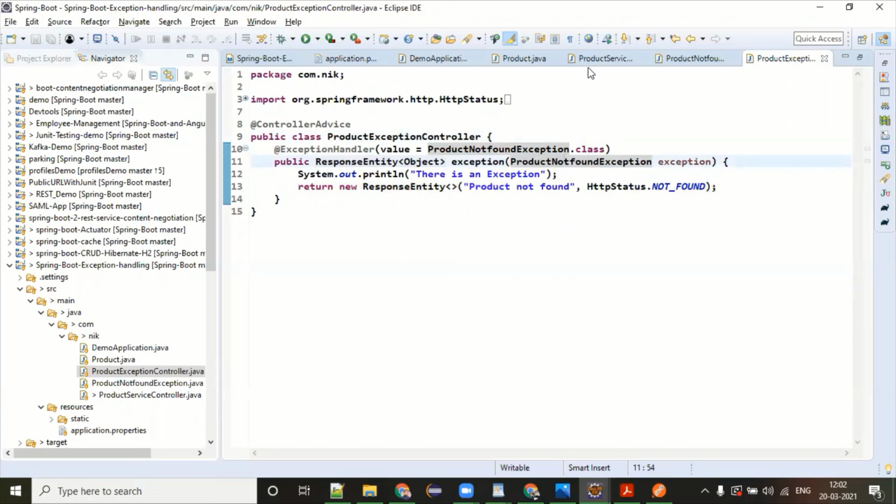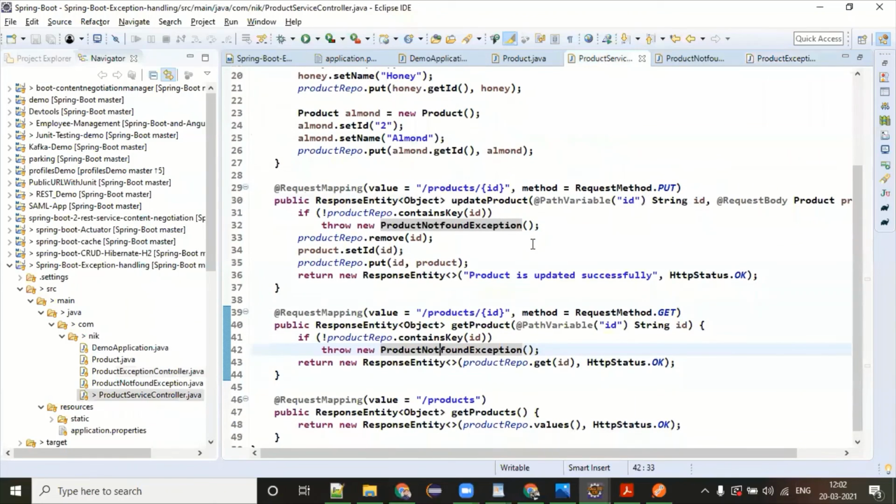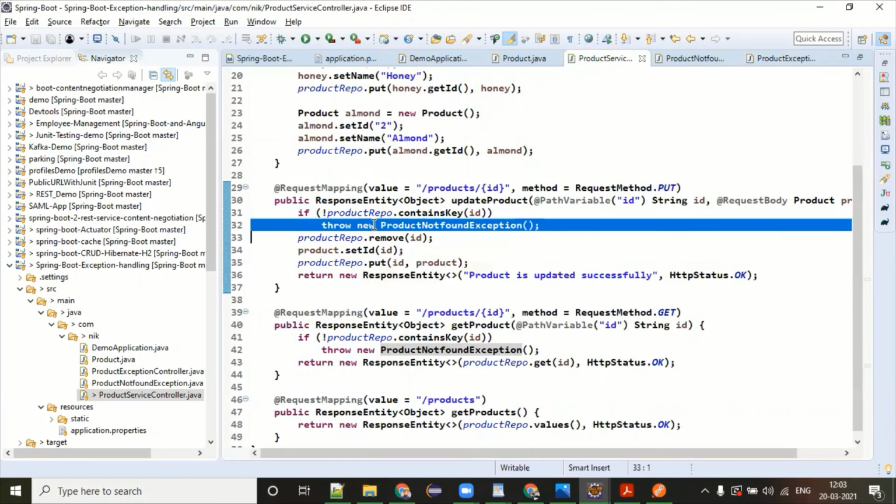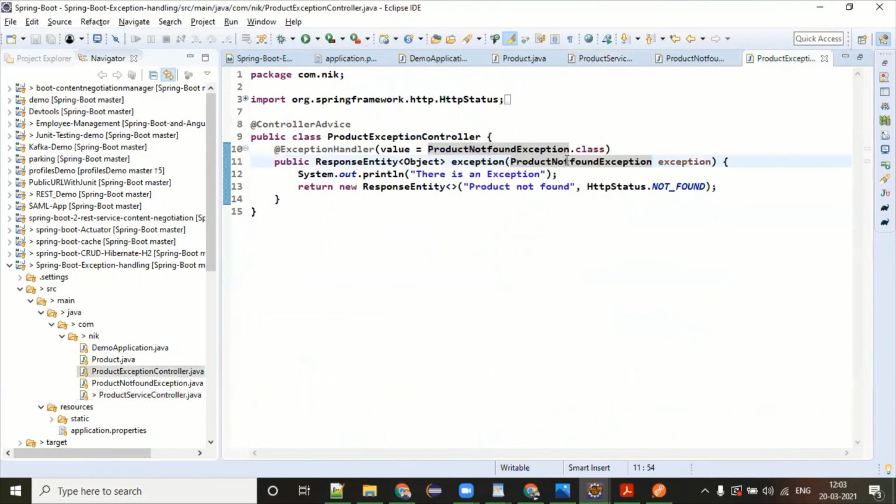I think the moment you are throwing an exception, if you look at this, it is quite funny. You can think about that: you yourself are throwing an exception, and you yourself are handling the exception. That doesn't make sense, right? But I will try to check that also, what is happening if I have a try-catch. The moment you are throwing an exception and this exception occurred, then this piece of logic has to be executed. It doesn't matter whether you are handling it or not. Okay, I will demonstrate it.